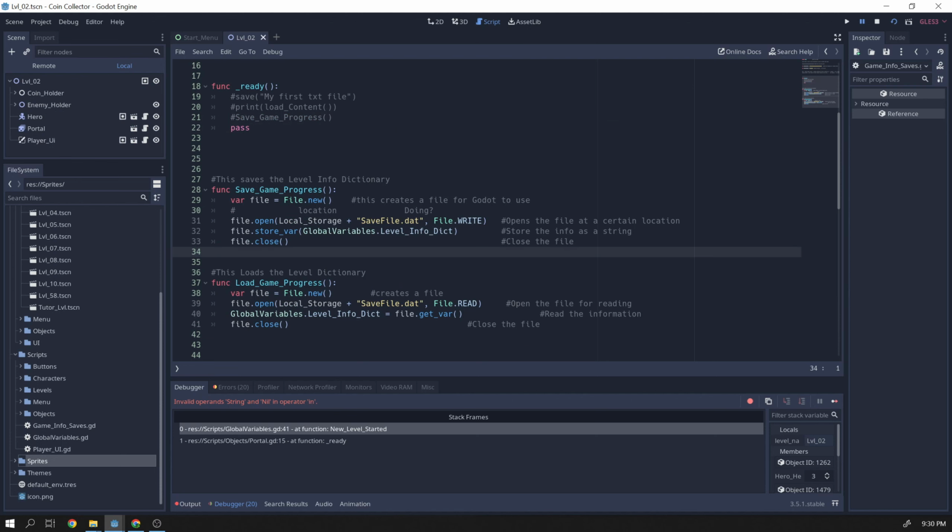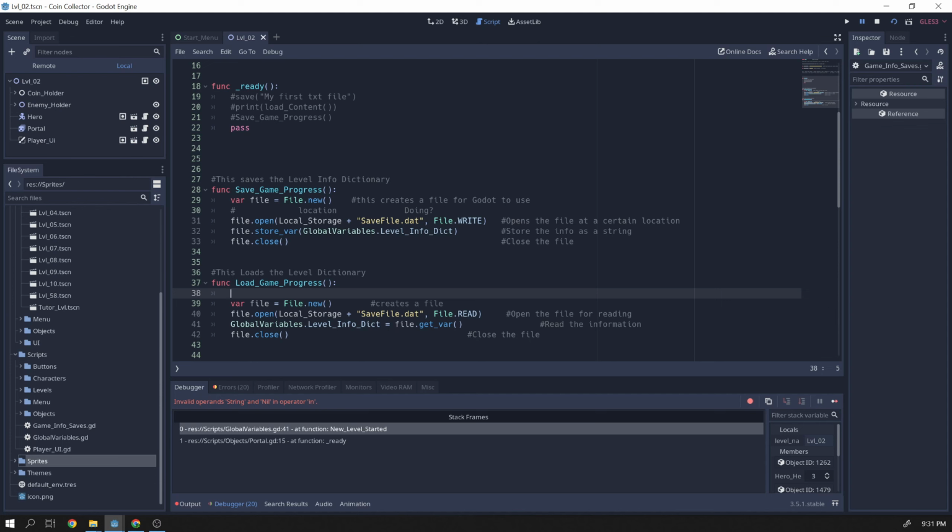We're going to want to check and make sure that the file actually exists before we try to read from it. Maybe we do want to save the progress. No, we don't. We want to check and see if the file actually exists before we try to load from it. So what I'm going to do is I'm going to do this thing where I say,